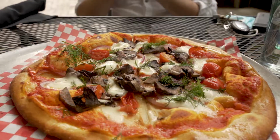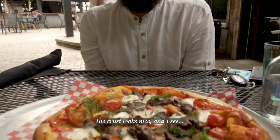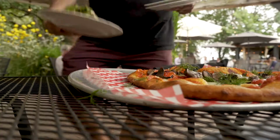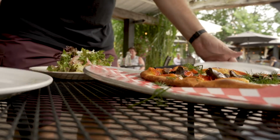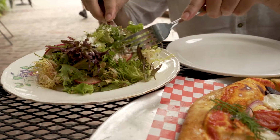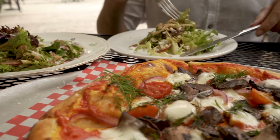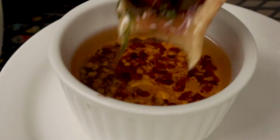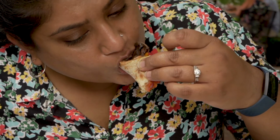Makes me happy. The crust looks nice and I see fleur de sel. The food indeed was very attractive and delicious. The Niagara produce undoubtedly lived up to its reputation. I do have to say, however, that I found the food to be overpriced for what it was, at least